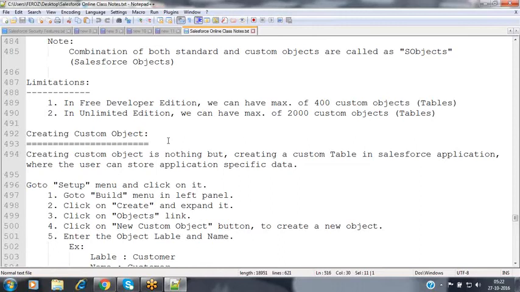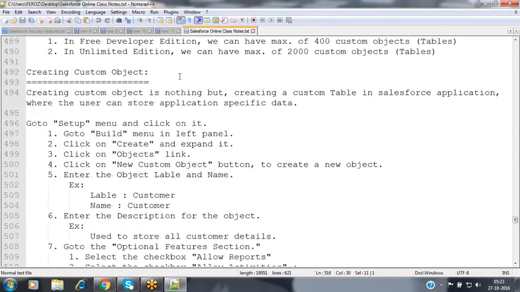Upon creating a custom object, there are 2 ways. One is the standard navigation, and the second one is the Schema Builder. Schema means structure, nothing but the object. We can define the object structure, nothing but the structure of a table, without writing any code, without using any programming languages. We can design it just by using graphical user interfaces, with drag and drop click options. In today's session, we'll see how to create a custom object by using the navigation process.